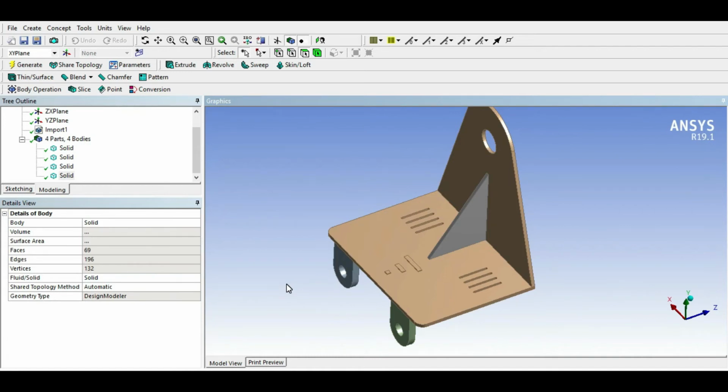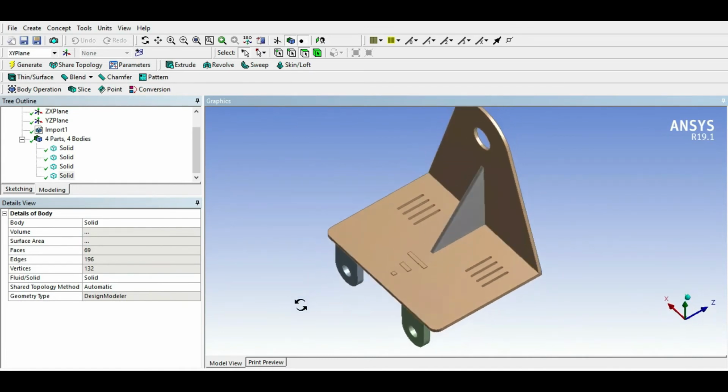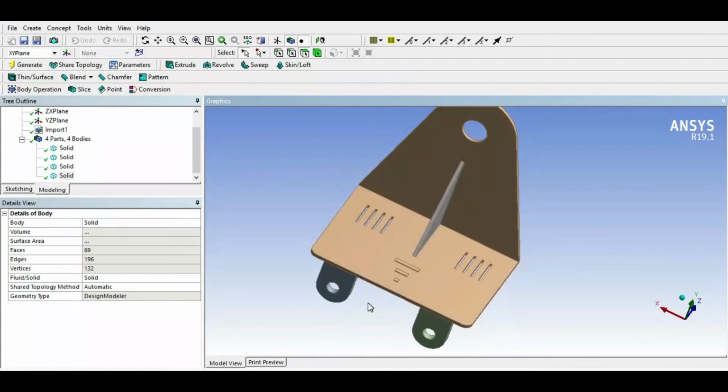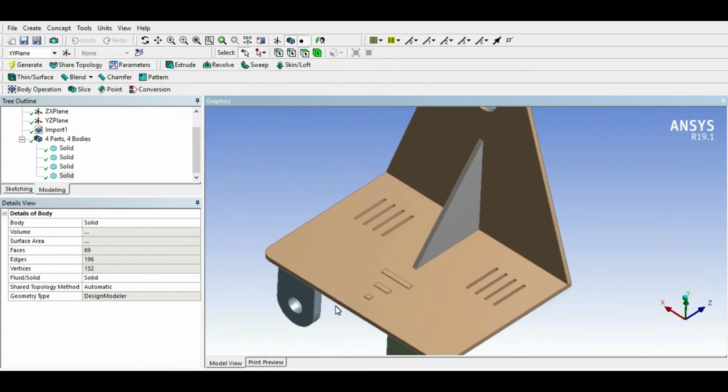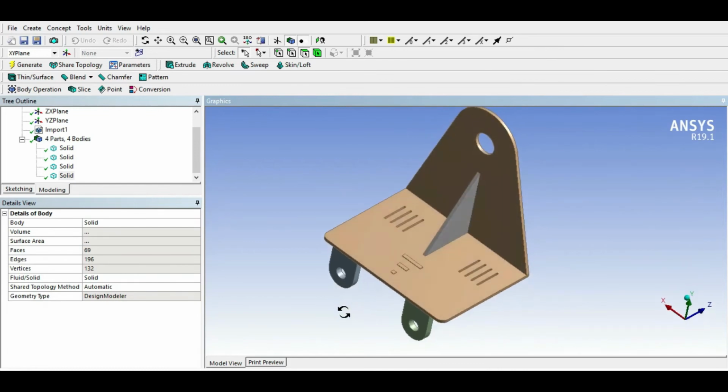It will help for uniform meshing and it will reduce your simulation time. So I always recommend you to study your geometry, then identify what things we can perform on this geometry before starting the simulation or meshing process.